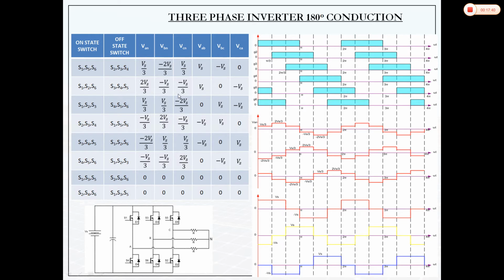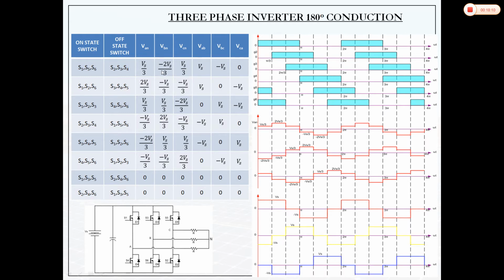Similarly, for other intervals you have to find the voltage values, then plot those voltage values on phase voltage and line voltage. So you will get the waveform something like this. This will complete one switching period. Now this will complete one cycle actually, and you can see that the next cycle will start the same, it will repeat the same values.